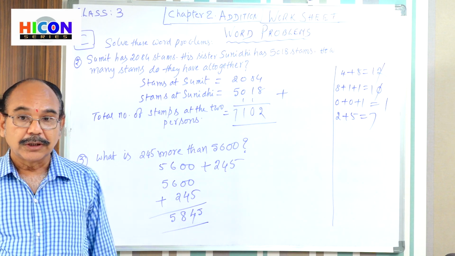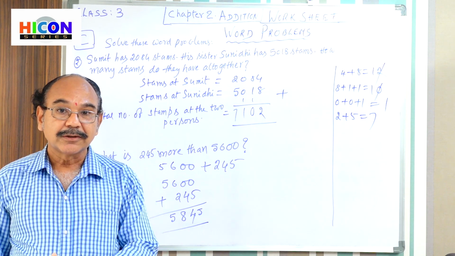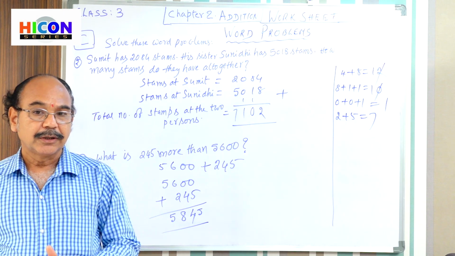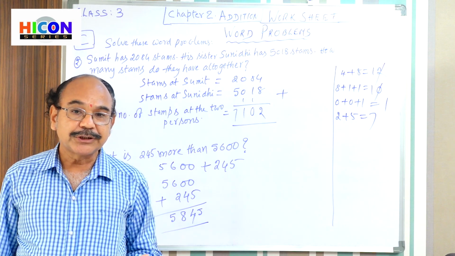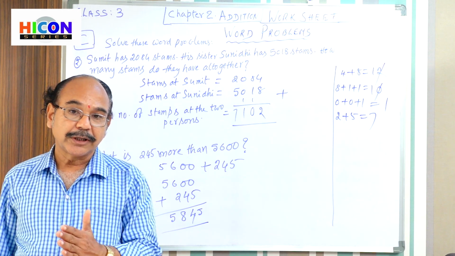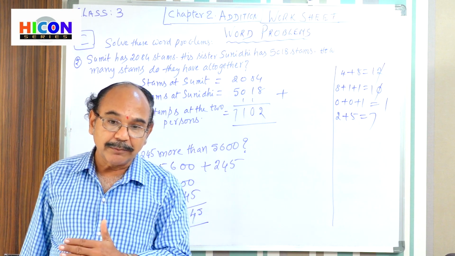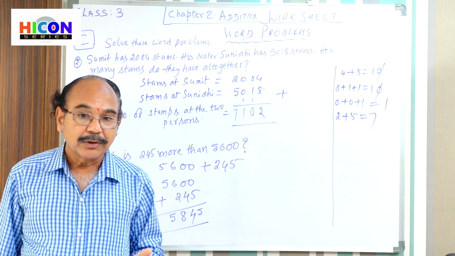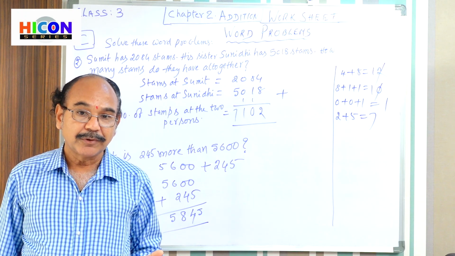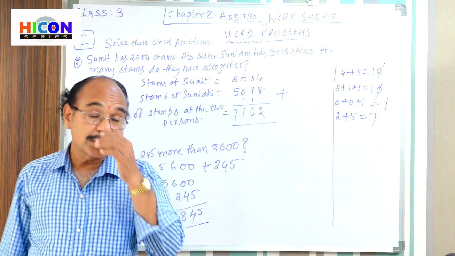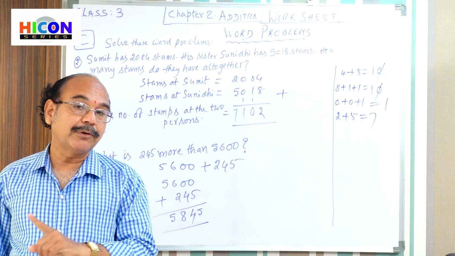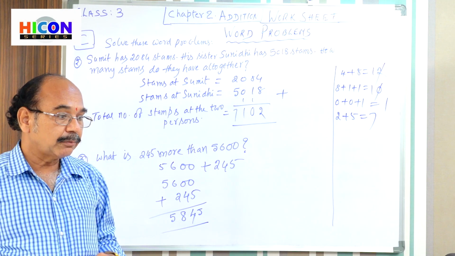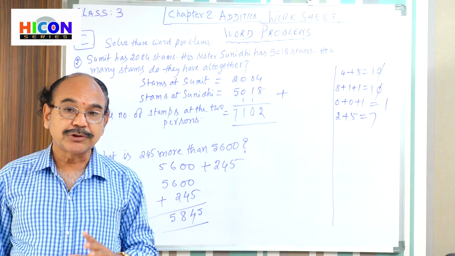Right children? So after completion of this, some project work is there and mathematics lab work is there. The two works you can finish at the time of visit to the math lab. Every day, sometimes weekly 2 or 3 times you are going to the math lab now. So after going to the math lab, you can finish some problems in the math lab only. You have to finish that type of questions. And project work also is to be prepared by you.